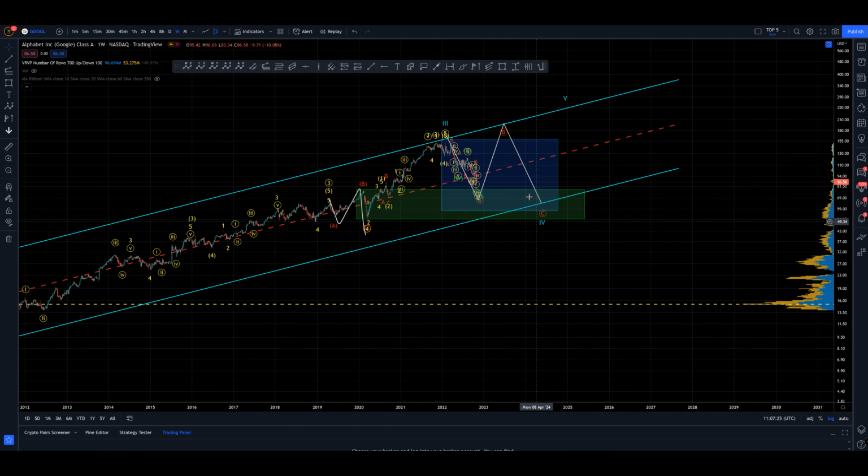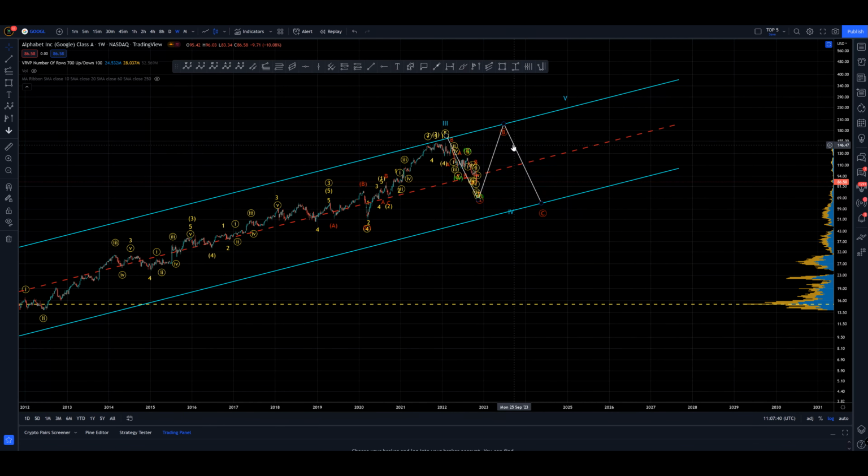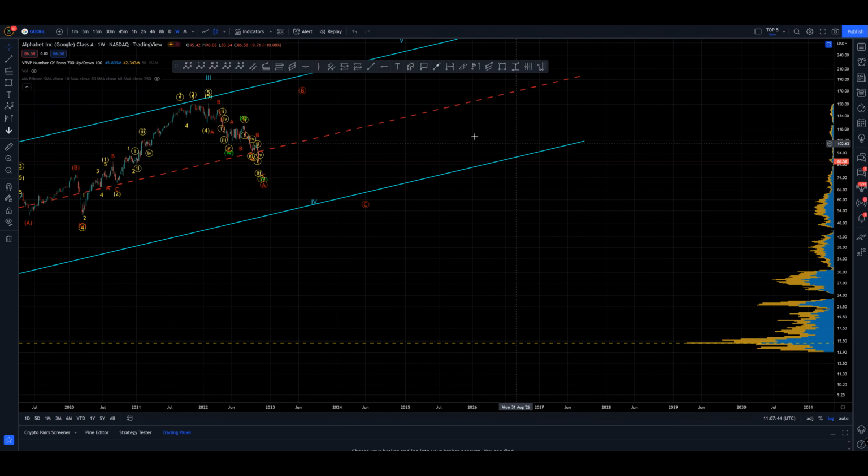That's quite common for a larger wave degree 4 to finish within a smaller wave degree 4, just as this finished within the bounds of the former wave degree 4, and this, and so on and so forth. So we may do something like that. It's not a certainty by any means, but we have to be prepared for a very unexpected and volatile ride,